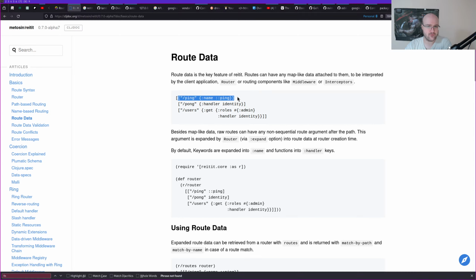Here we have, of course, this is a route, right? /ping goes to ping, the ping function. We can also specify a handler function like this, identity here. If I want something a little bit more exotic, we have this get here, only for the roles admin. This is a map. So when you see curly braces and then some key and some value, that's a map,